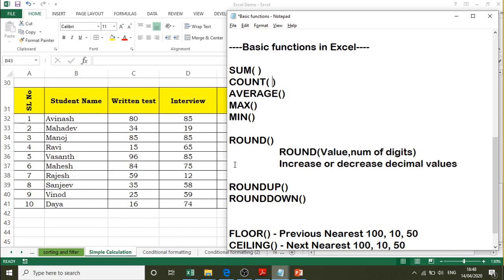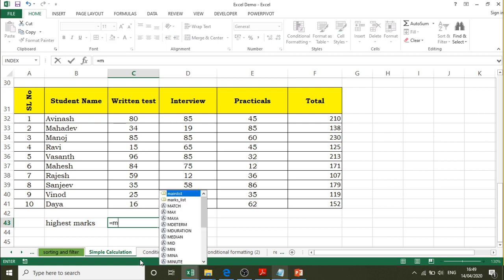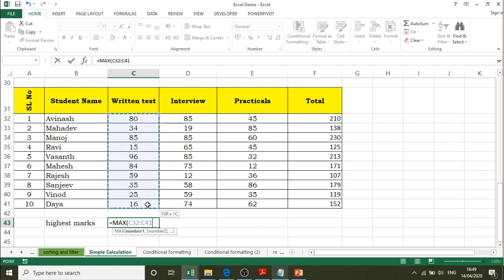Now we will see how to make use of the maximum and minimum functions here. Maximum means it will find the highest in this group or range of cells, and minimum will give the lowest in the range of cells. Say, for example, highest marks. I want to find the highest one. See here, I am using equals max, that's maximum, and then the range of cells, that means C32 colon C41.